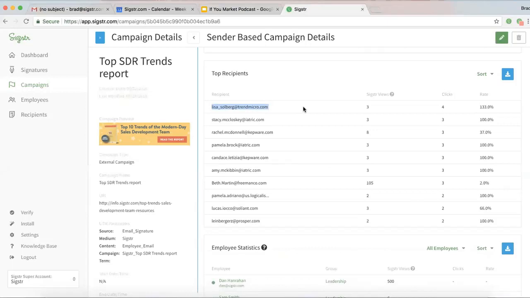We can see recipient level analytics. So again, the ability to know who is viewing, who is clicking. So here we can see that Lisa, she's viewed this banner 3 times. She's clicked on it 4 times. As well, going along with that, we've got a great feature called rep click notifications where, if I sent this email to Lisa and she clicked on my banner, I would get an instantaneous email into my inbox telling me, hey, Ben, Lisa clicked on this banner at this time. She's looking at this specific piece of content. So as a sales rep, I know who my most engaged customers and prospects are so that I know how best to follow up with them,